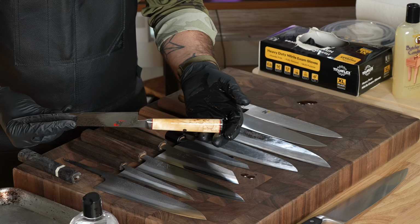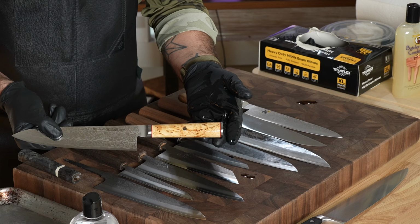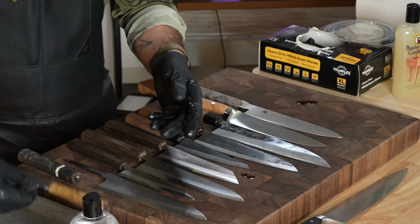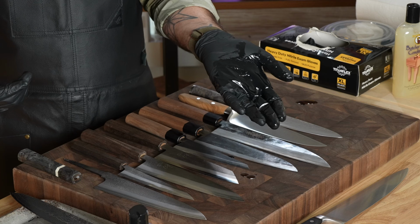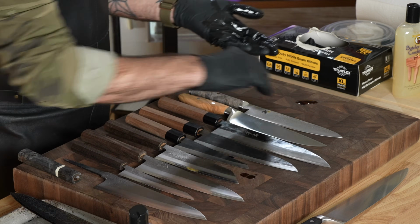Now tomorrow, this is not going to look as shiny, and it's going to dull down a little bit in the sense of the color, but just that quickly, you can see how much that came to life. And I'm going to put that right there like so, push this up so I don't stab myself. I've got plenty of oil on my hand, so I may not need it for the next knife, which is